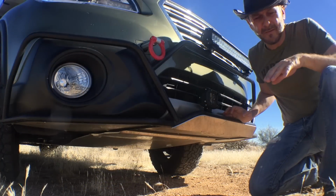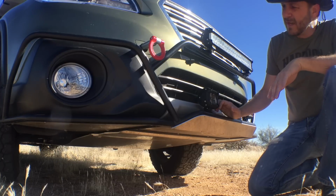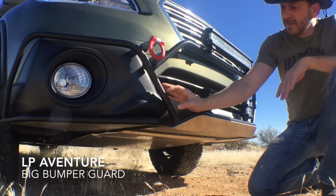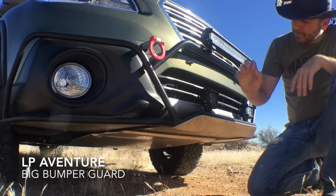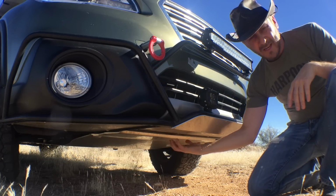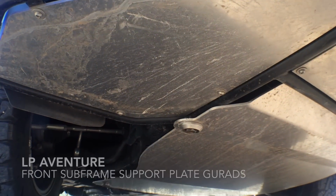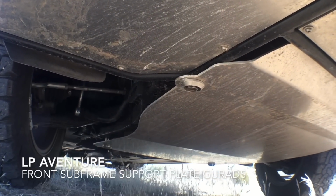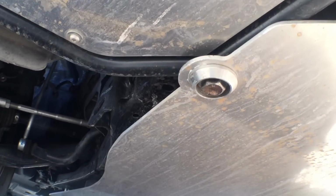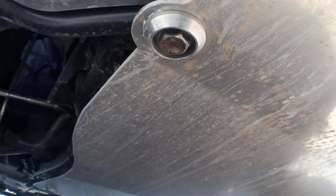Because we find LP Aventure products to be of pretty superior quality for a Subaru Outback build, we decided to go ahead and utilize their full front brush guard. Mounted to that is an entire full skid plate underneath. We got a front skid plate and an underside skid plate. We also have some additional protection under there for different mounts of the vehicle, and the skid plate is actually mounted to the vehicle with some really nice rally washers